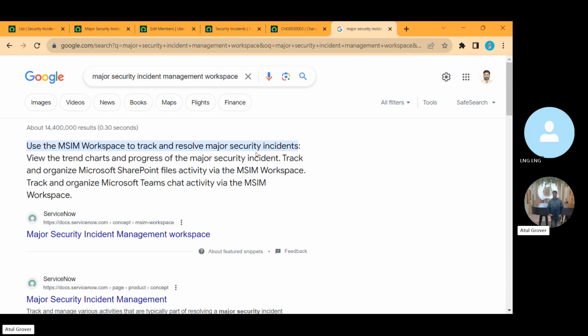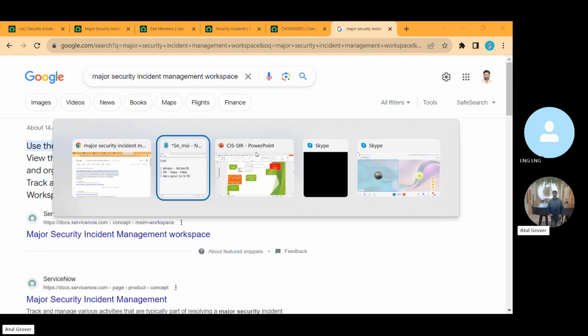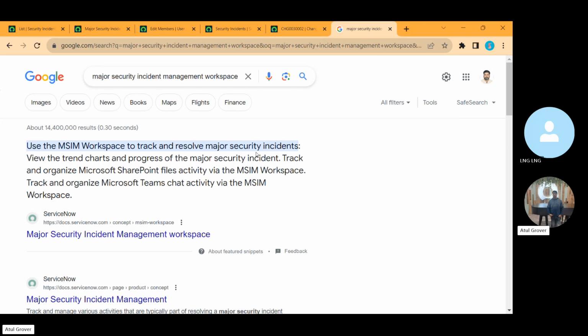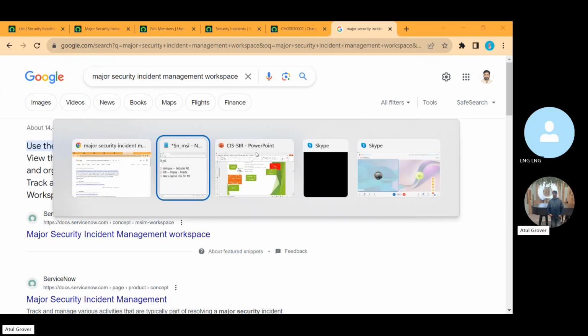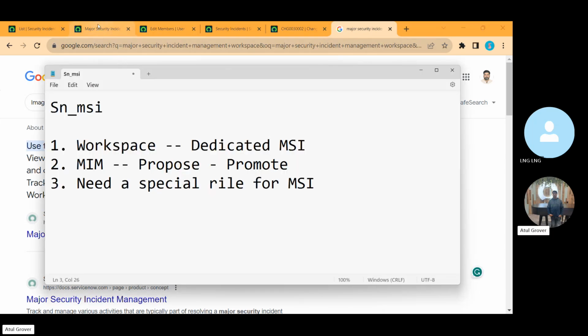Now, one important thing we missed out is, what is a major security incident? It totally depends on the customer, or account to account, on what they want to be considered as a major security incident. Don't think it's something given by ServiceNow. No, we can define our policies, our rules, for what is a major security incident. But another benefit of this workspace, as I missed out earlier,